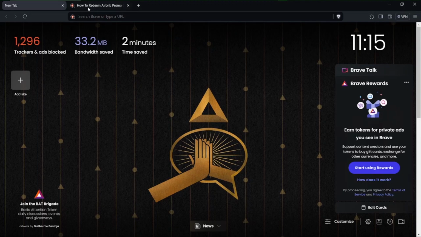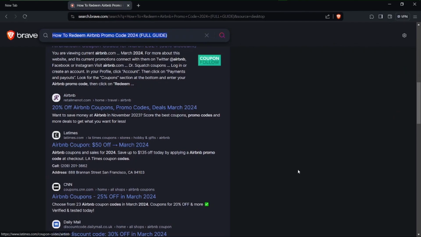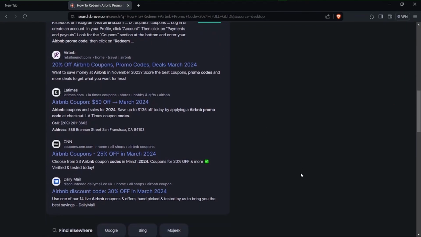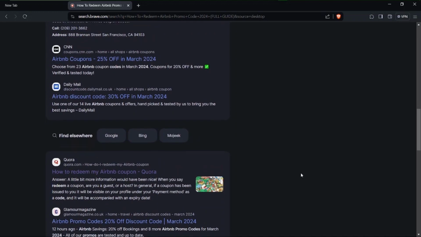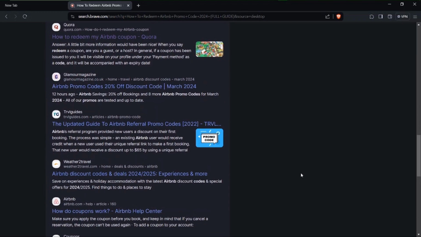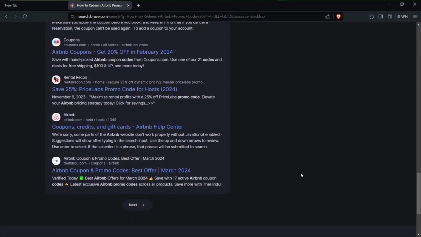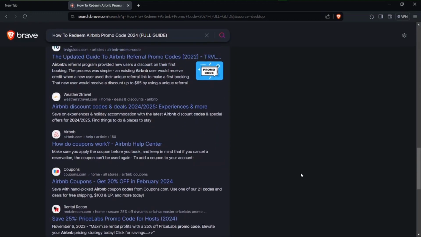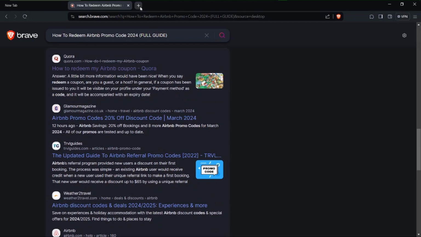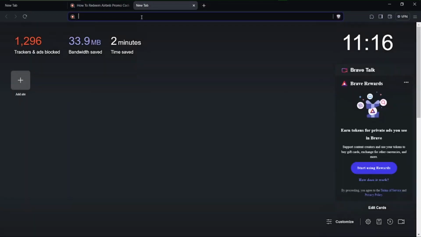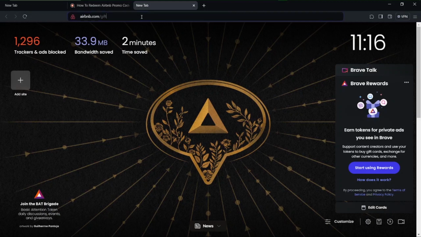Alright, so first thing is, if you're looking to get yourself some promo codes, there are of course a bunch of sites that offer this. You can look this up on Google or some other platform and you will find a lot of websites that offer Airbnb promo codes. Now that said, let's head over to a new tab and let's type in